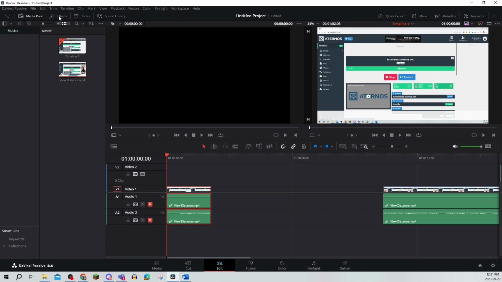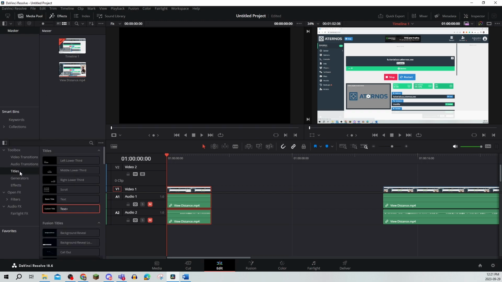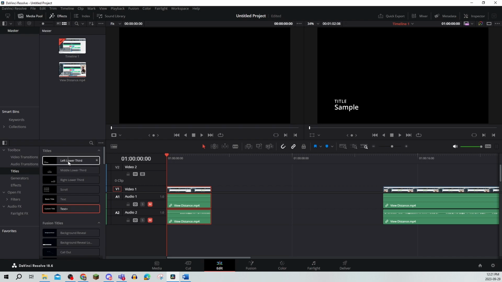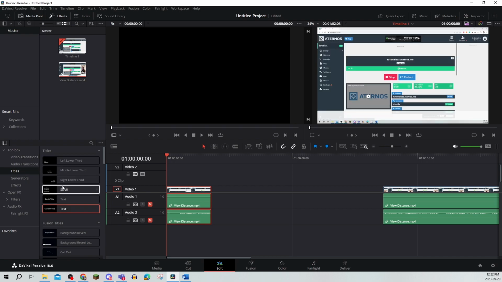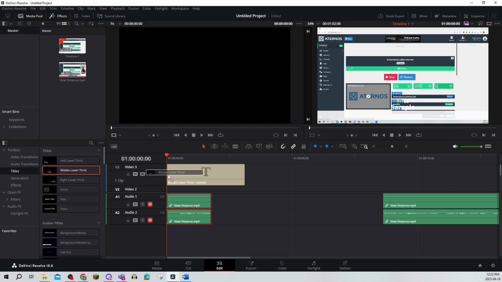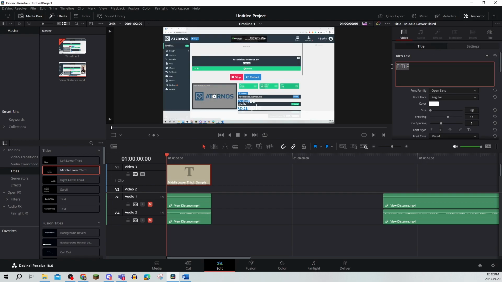So first, click on Effects and click on Titles under the toolbox, and you can choose any type of text that you would like. I'm going to click on middle lower third and drag it onto my timeline. You're going to make sure that it is the same length as your video, and then clicking on the text on your timeline, go to the top right corner and click on Inspector, and you can change the actual writing